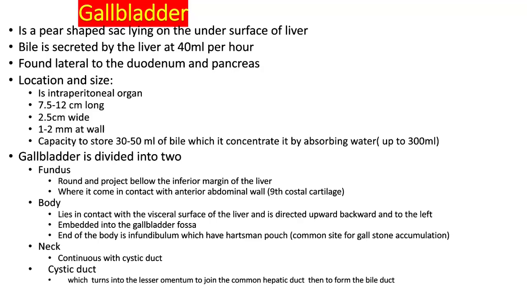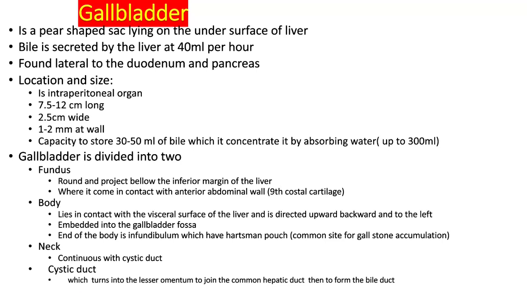Next structure is the gallbladder. It is basically a pear-shaped sac lying on the undersurface of the liver. The bile is secreted by the liver and stored in the gallbladder. Around 40 ml of bile is secreted per hour by the liver, found on the lateral side to the duodenum